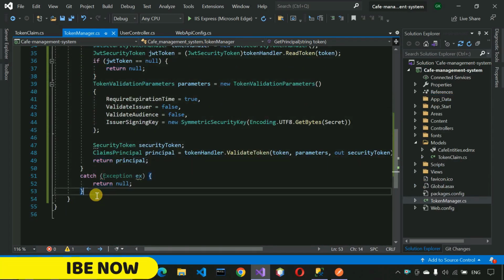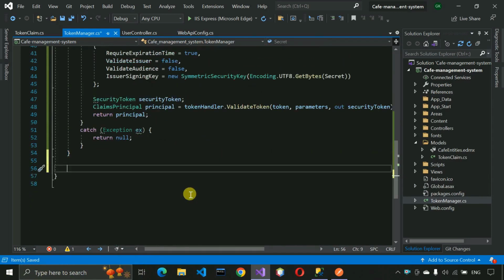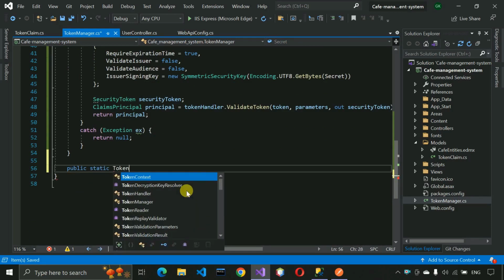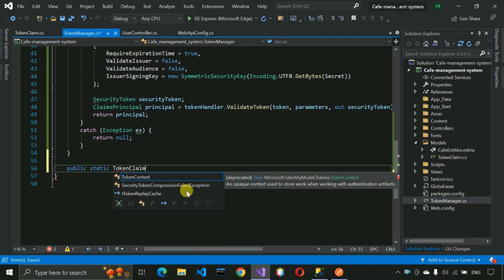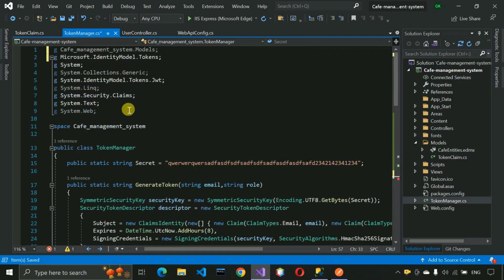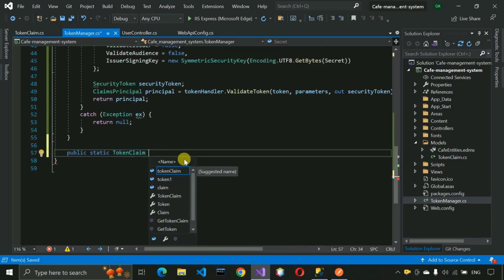Now a few more methods we have to create outside this one. Here we write the code so that when we pass the token, we get only the role and email from that particular token. So for that purpose we write static TokenClaim. This one we need to import. If I click on this, you can see using CafeManagementSystem.Models. If I click on it, it will import the models. Okay, let's get back over here, and then we write ValidateToken